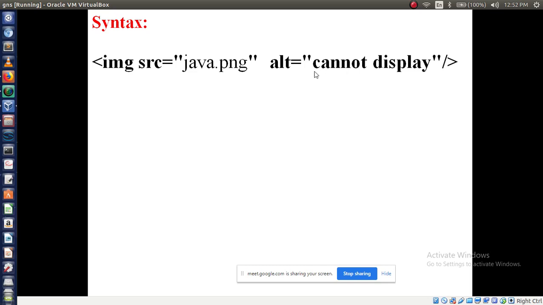So it will display what you are writing. Here I am writing "cannot display the image" in where? In your web page. If the image is displayed, it will not display the alert message. If the image is not displayed, then at that time the alert message should be displayed.